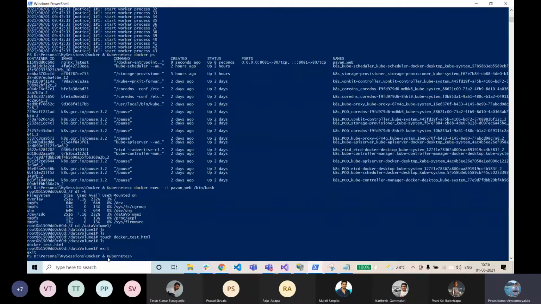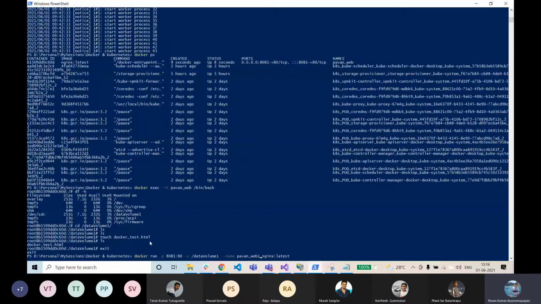And now we'll see how these anonymous volumes can be used. What I did is I just created a container, so now I'll create another container. This will be a bit confusing if you're using it for the first time, so just follow and then ask me if you have any questions or if you're not able to follow it. I created one container with the name pawan_web. Now I'll be creating another container with the name pawan_web1.